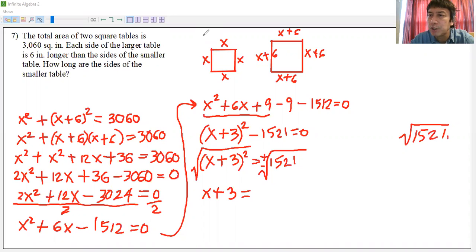Okay, the first 2 digits is 15. So we cannot have 4. 4 times 4 is 16. So this must be about 3. 3 times 3, that's 9. And the difference between 15 and 9 is 6. We bring down the 21, the 2 digits. And then we think of a number to be added and multiplied to the product of the first digit and the 20. So 20, our first digit is 3, okay?